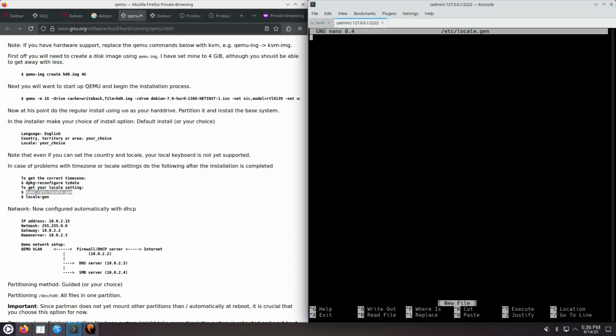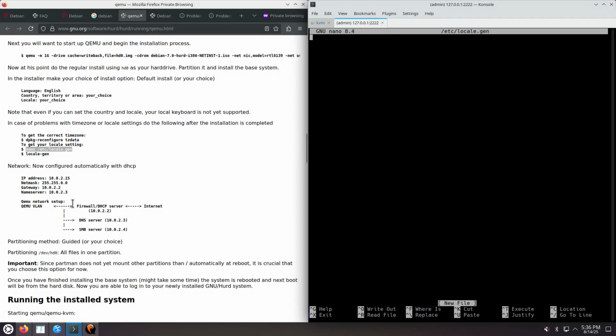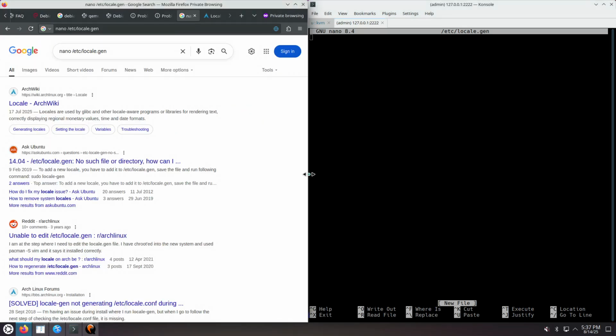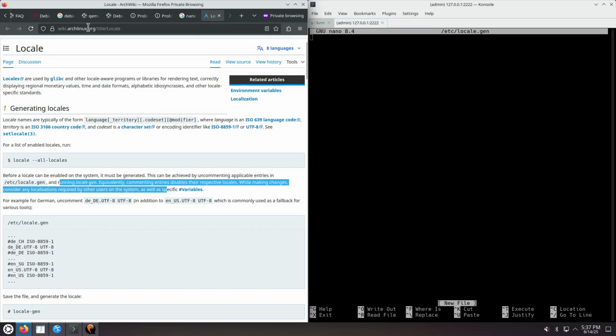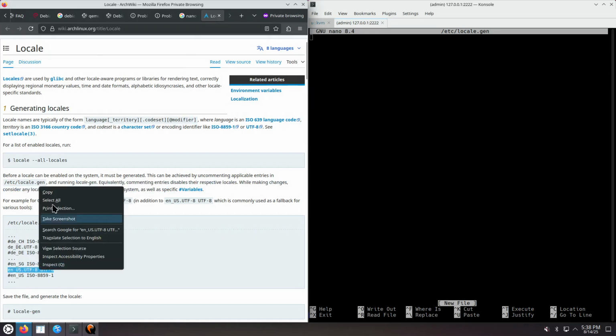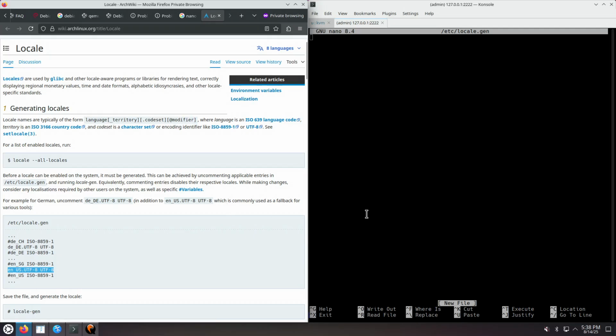/etc/locale.gen. Okay, and what should I put in this file? I searched on Google for nano /etc/locale.gen. I get to the Arch Linux wiki, and it says that you probably always want to have inside /etc/locale.gen the English US UTF-8,